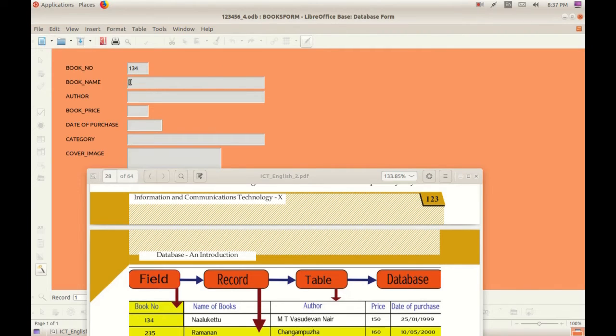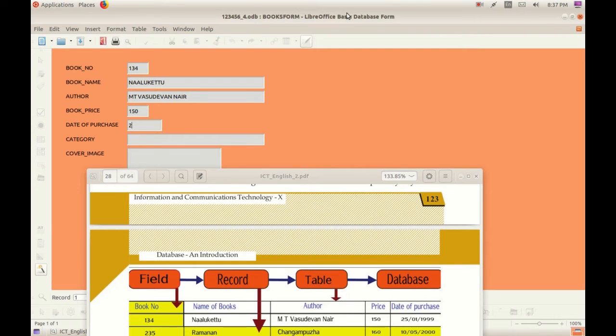You can click also. You can click with the mouse and write if you want. But while typing, what do we use to get speed? Tab key. Okay, what is the novel name? Okay, then tab key, MT Vasudevan Nair. Then after that, tab key, what is the price given? 150. Then tab key, date of purchase is